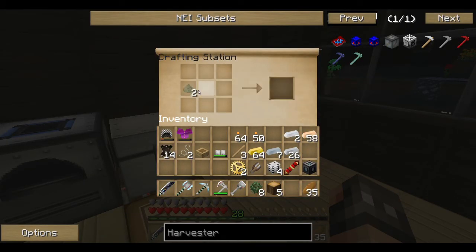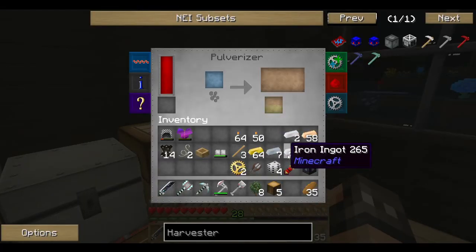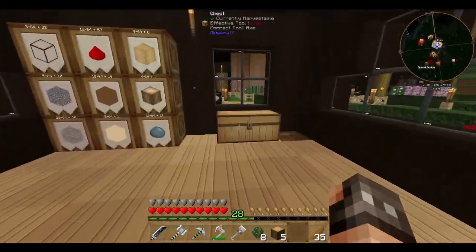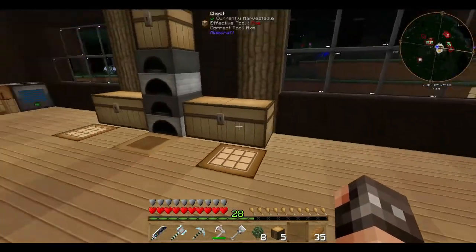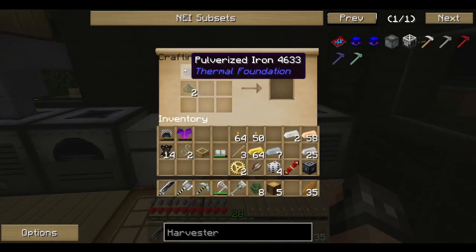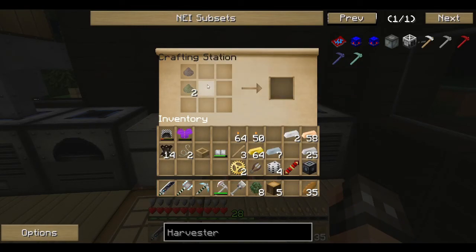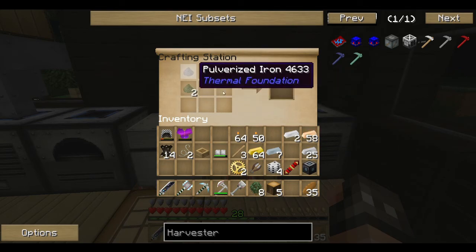But what you do is you have your pulverised ferrous metal. I'm going to use an iron ingot for this just simply to save trouble. So you put that in there, like that. Yeah, I must have cooked it off. Jumped ahead. Okay, so yep. So now I have my pulverised iron and my pulverised ferrous metal. So to make the ingot, it is simply...